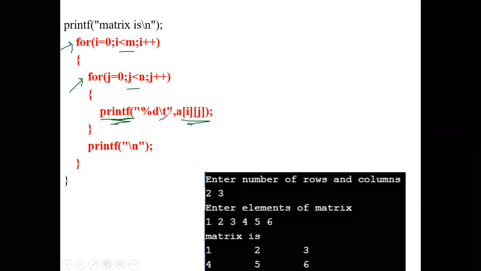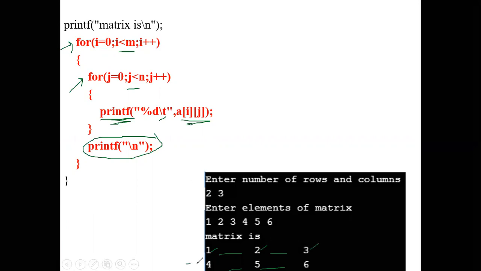Here using \t is to get the space between the elements. And what is the \n here? First you are storing the array element in position a of 0, 0, that is 1, a of 0, 1, 2, a of 0, 2, you are placing 3.